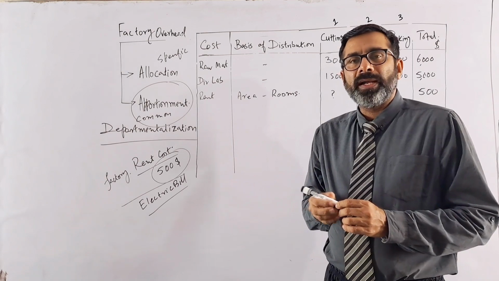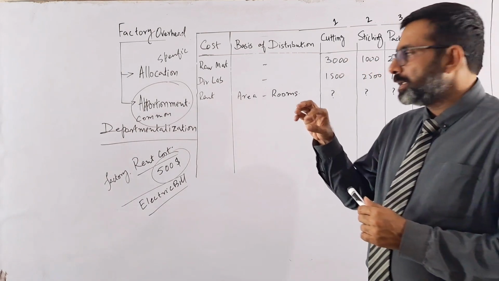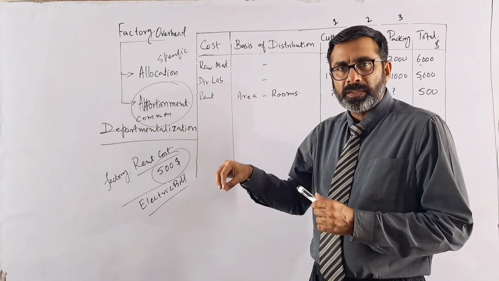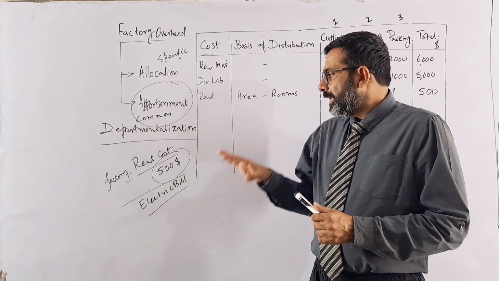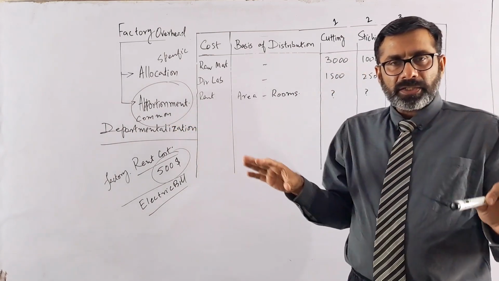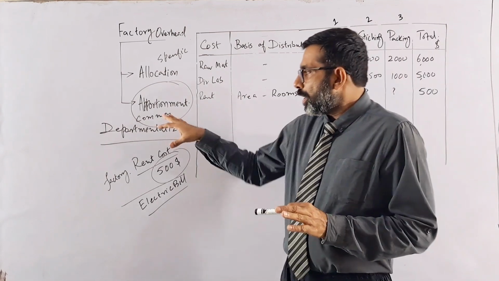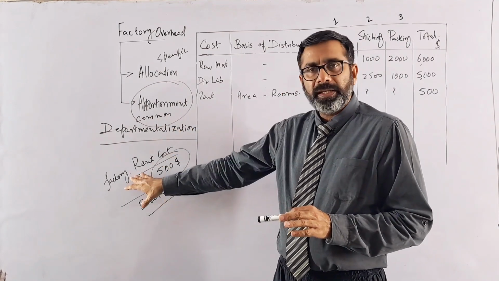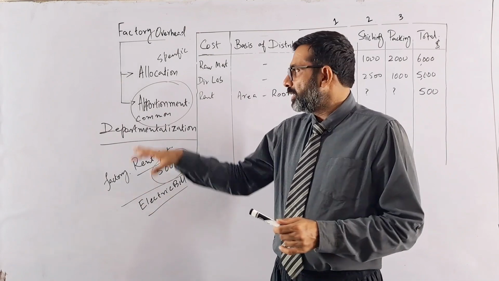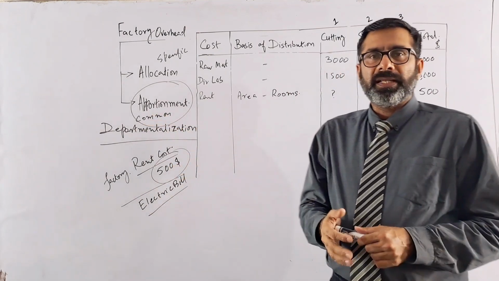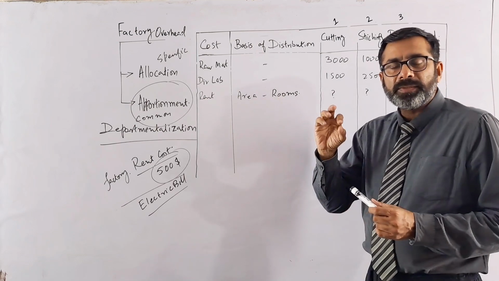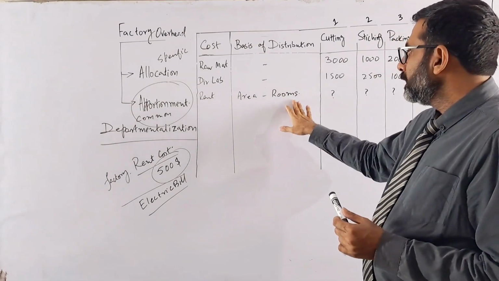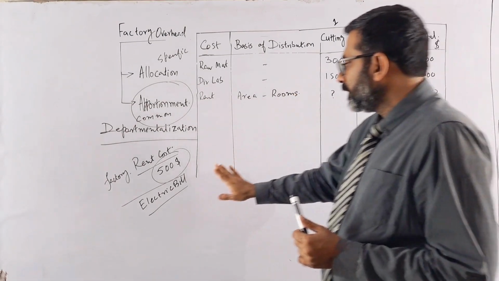So this is the point, that some of the costs are specific department costs. So there is no need to distribute that, no need to apportion that. But if the cost is a general cost, which is some common cost, then we need the distribution, or what we say the apportionment, for that. And for apportionment or distribution, we need some specific base. So here, according to the rooms, okay, just say